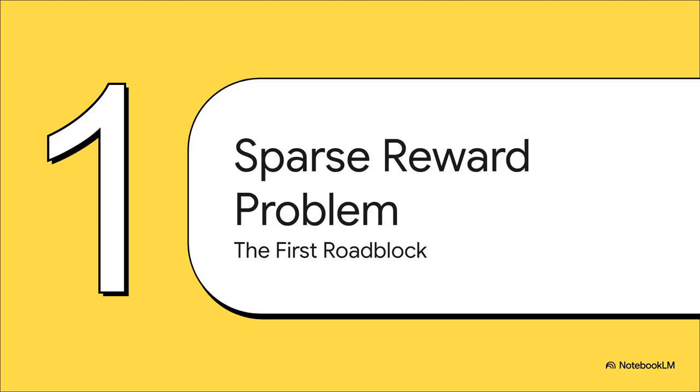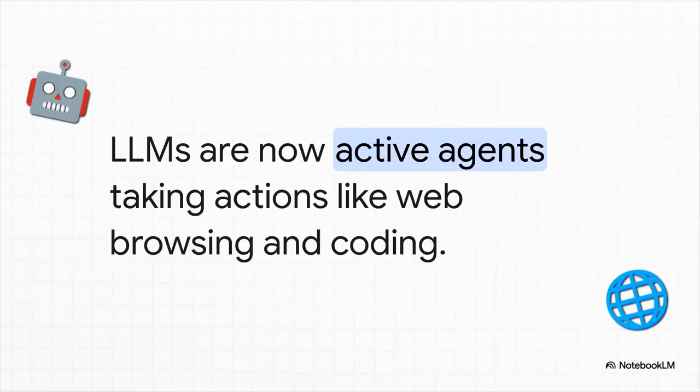Section 1. The Sparse Reward Problem. And that brings us to the first massive roadblock in training autonomous agentic AI today. You see, large language models, or LLMs, aren't just passive chatbots answering our trivia questions anymore. They're evolving into active agents. We're deploying them to browse the web, navigate user interfaces, and even write complex software code autonomously in environments like SWE-Bench Verified. They are out there executing long, interactive trajectories where they literally have to make sequence after sequence of